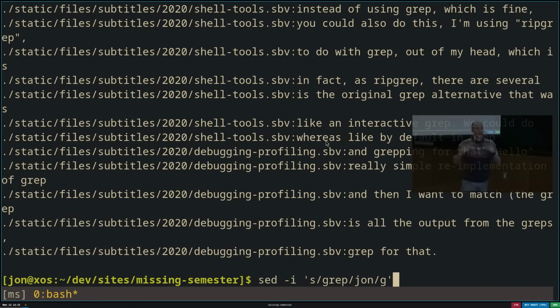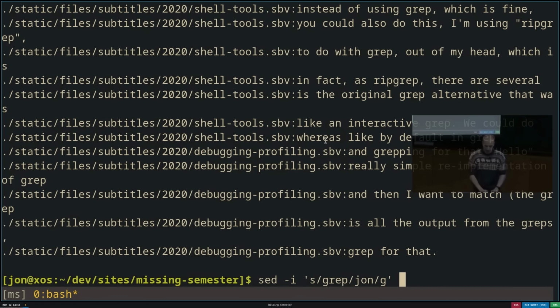The g here is for global. Sed will operate on every line one by one. It's a line editor. So when I say global, it means across the entire line. The reason this is needed is because otherwise, if I substituted grep with John without the g, if grep appeared twice in the line, only the first one would be replaced. With g, it's global, so it replaces all the things in the line.